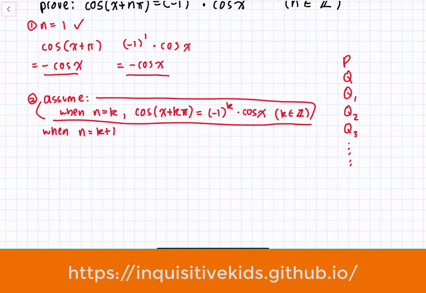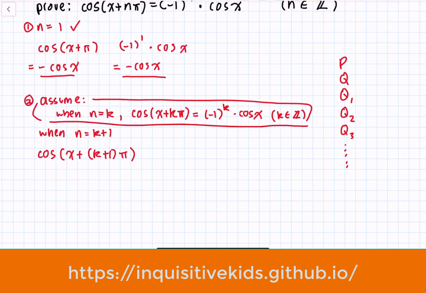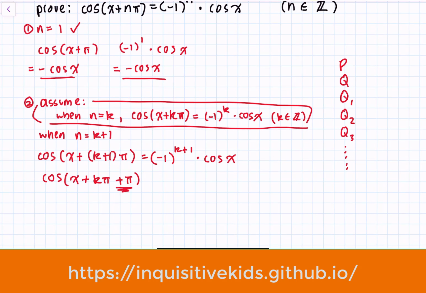So when n is equal to k plus 1, we can rewrite the equation as cosine of x plus k plus 1 pi. Whenever you see an n, you replace it with k plus 1. This is equal to negative 1 to the k plus 1 power times cosine x. And on the left here, we have x plus k pi plus pi. Because we have an added pi here, we can move this out and make it a negative sign: negative cosine of x plus k pi